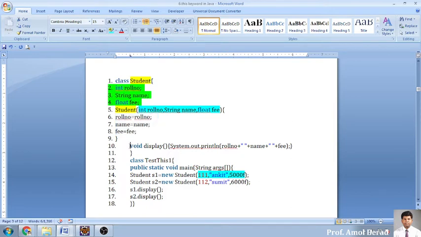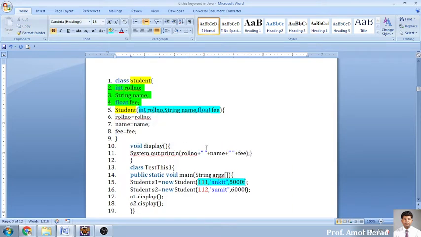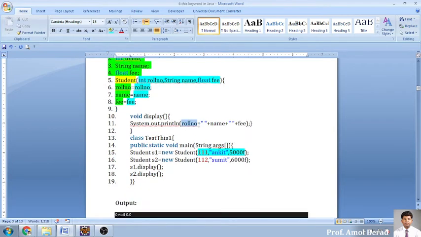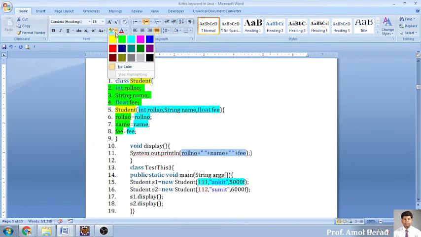Okay, the output is very simple. Whenever I run this main display function, you will get a roll number. Because it is coming from outside, it will be assigned to this variable, my current variable of the class. The things coming from outside I will demonstrate with another color. So the outside values will be passed to the inside variables which I have declared, and this will be displayed. All these 3 variables are from the current class, so I will highlight them in green.